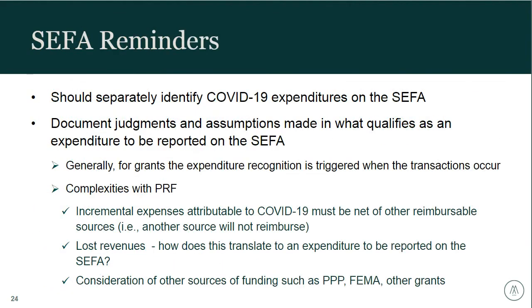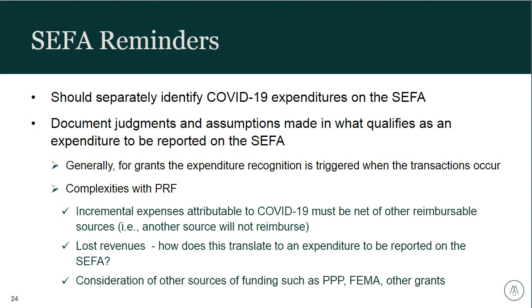All right, so for those that are familiar with how a SEFA is prepared, this is probably going to be reminders for you. But for those that may be new to this, I have an example of what the SEFA looks like in the next slide. One of the things being asked in the compliance supplement that's already been issued is that any COVID-19 related expenditures, whether it's a new program or incremental funding on an existing program, when you're preparing the SEFA, need to be identified separately